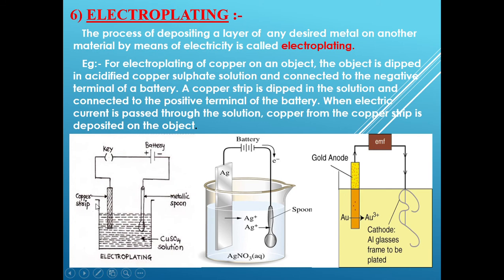And in general, the copper sulfate is also dissociating into copper ions and sulfate ions, and this copper also is getting deposited here. Similarly, if you want silver to be deposited on the spoon, then you require silver nitrate solution and a silver electrode. So this gets deposited on the spoon. Similarly, aurum is nothing but gold. If you want gold to be deposited on a cheaper metal, then you have to have a solution which is made up of gold, and then a rod which is again made up of gold, so you can get it deposited on this. So did you understand?